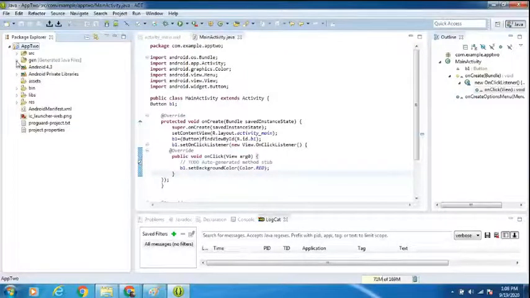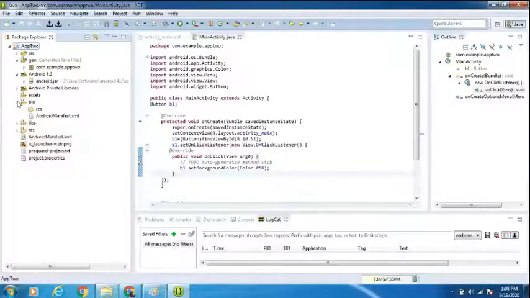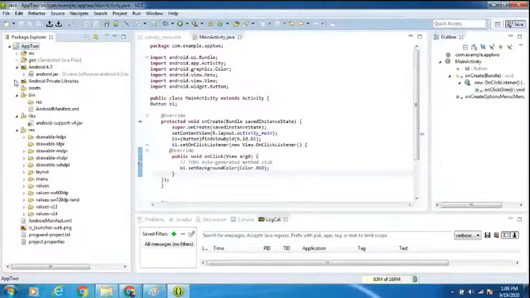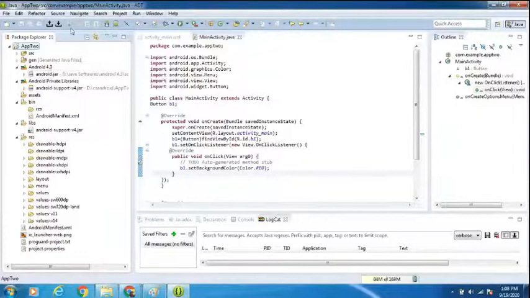The resource file. Okay, dear. After saving this,